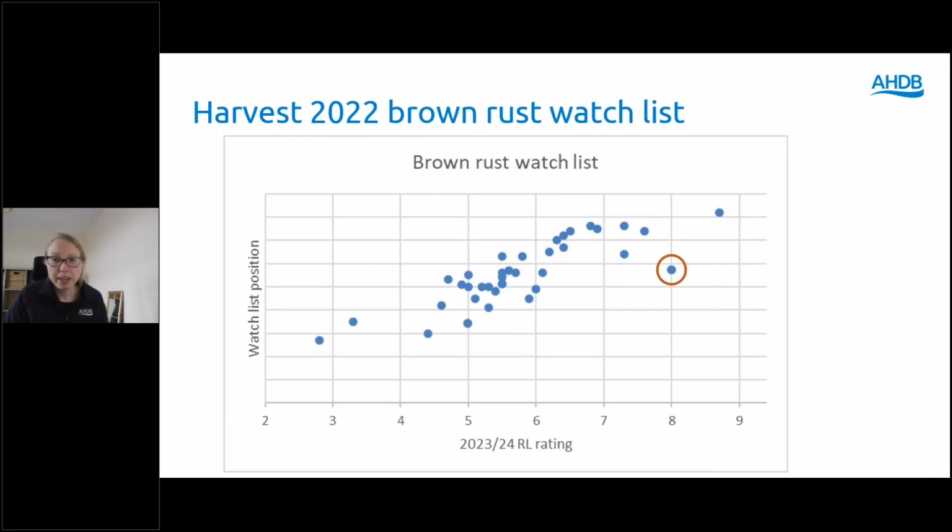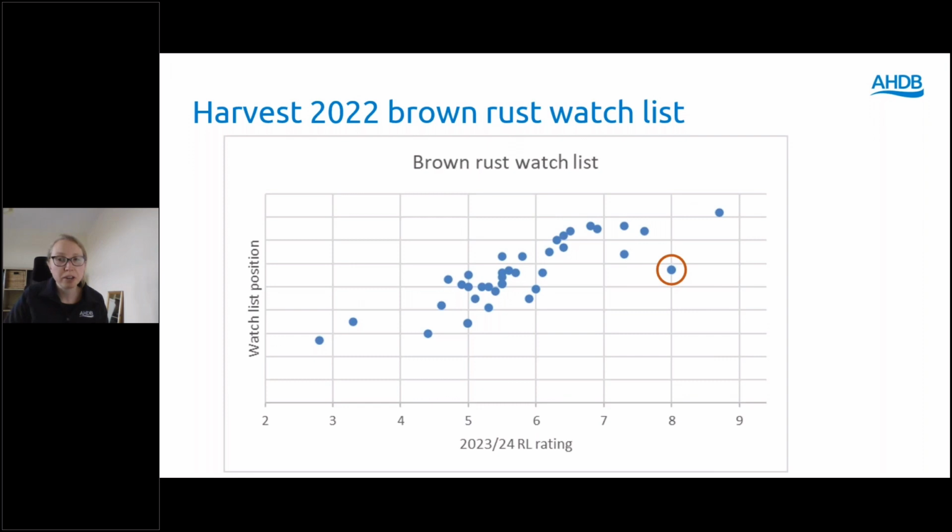But this variety, which is Theodore, has a main RR rating of 8, but as Amelia spoke about earlier, it performed out of line. The Devon site that Amelia was talking about was actually our RL trial site. Although we don't have the isolate for the UKCPVS, we do have the data. At this Devon site it had relatively high levels of brown rust at 19%, which was the second highest level only after Crusoe in that trial.